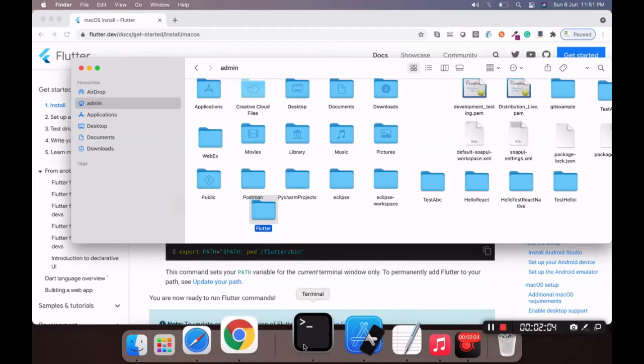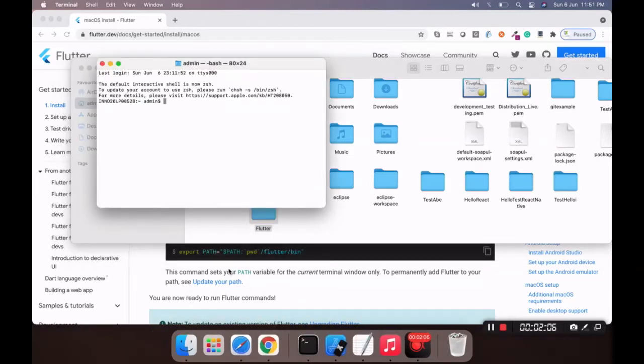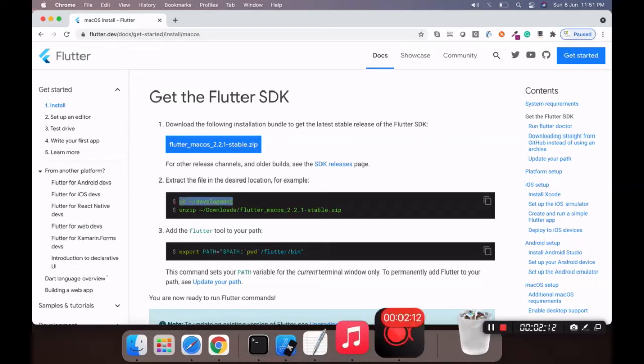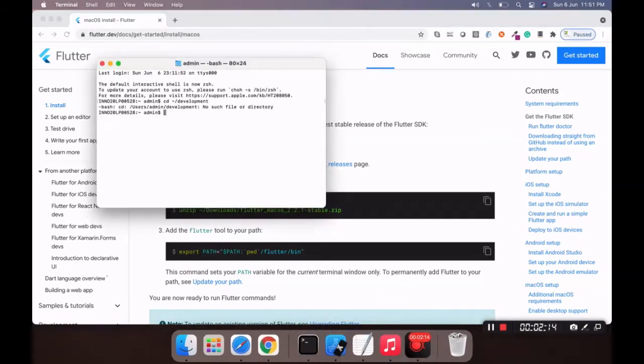Now move to your earlier created folder. Now the folder is fully empty.